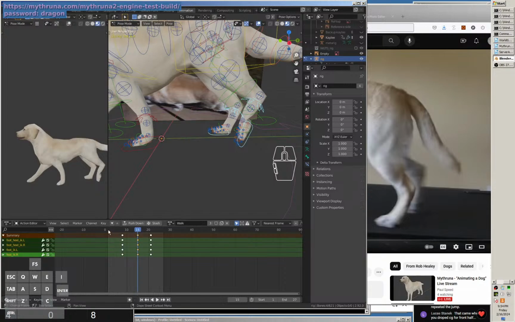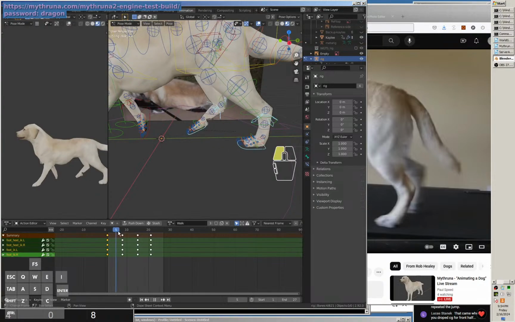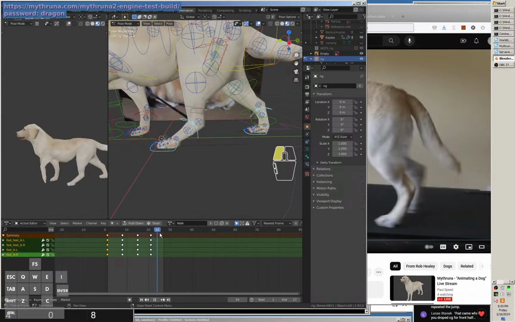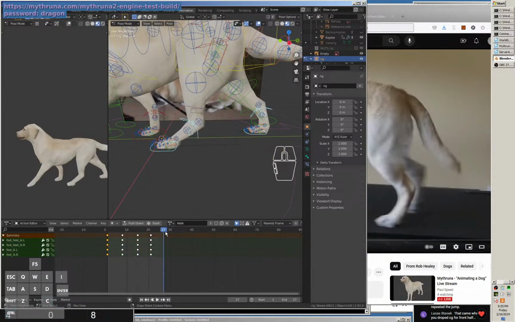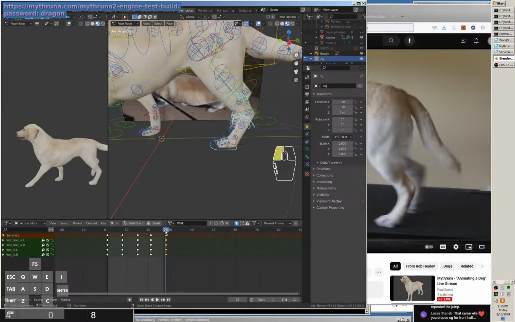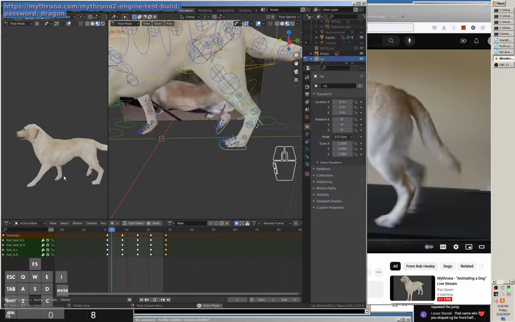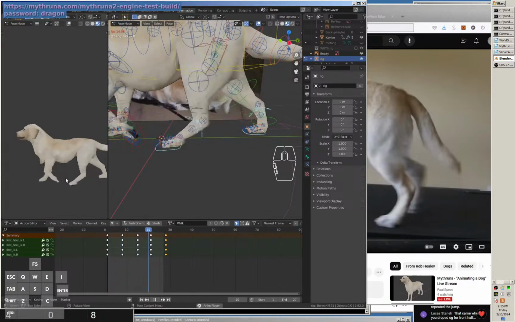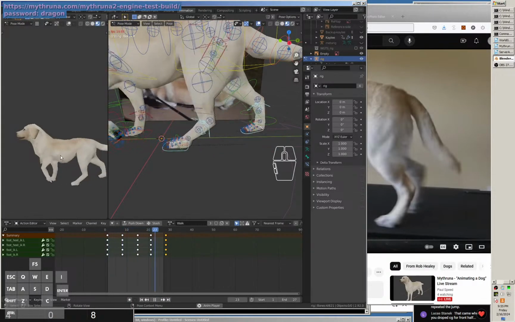Control C, come back here, Control Shift V. Okay, nope. And so then while we're here, we'll take this, Control C, put this one frame past the end, Control V. Alright, so let's check out our dog here if I play the animation. Okay, it's not great, but it's there. I mean, it's a good start. And that was an hour's worth of work. Well, 45 minutes because I spent 15 minutes. And I have lots to play with